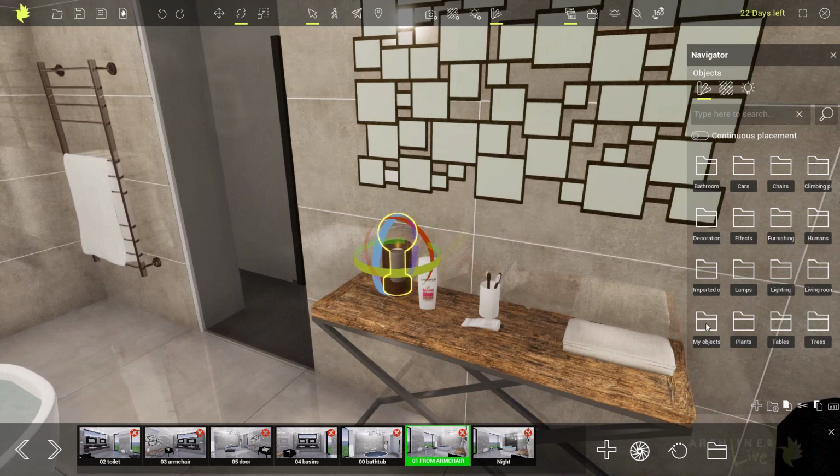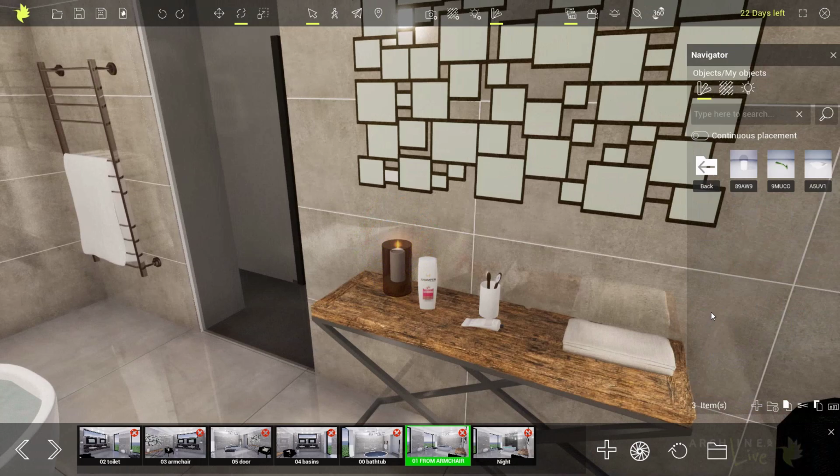I actually created a library for my own objects. Actually, this is how you can create a new folder. You just click here, it will create a folder, named folder. You just rename it, type the name here, and then you can enter here. So now here, if I would like to,